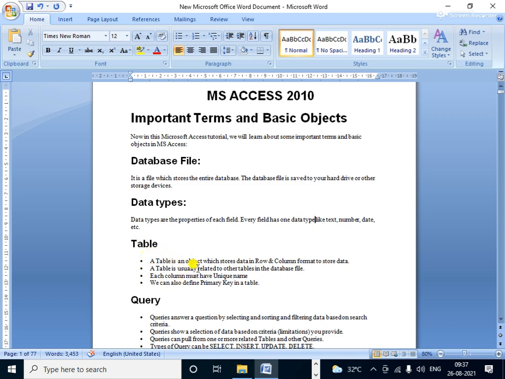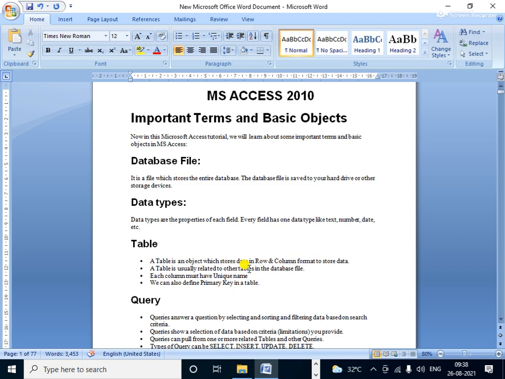A table is an object which stores the data in row and column format. I already told all of you, a table is defined as just a group of rows and columns. And the same thing is that a table is an object which stores the data or raw materials or information, whatever you say.